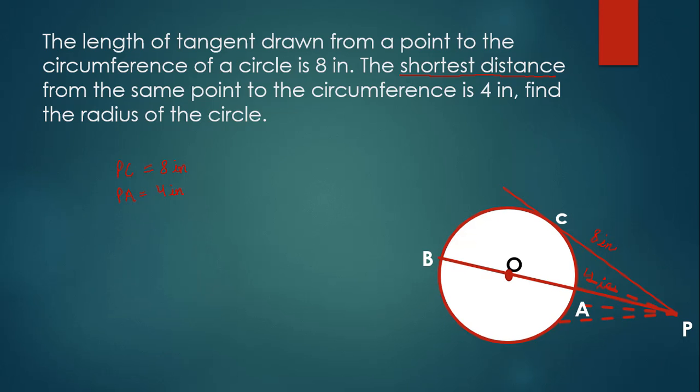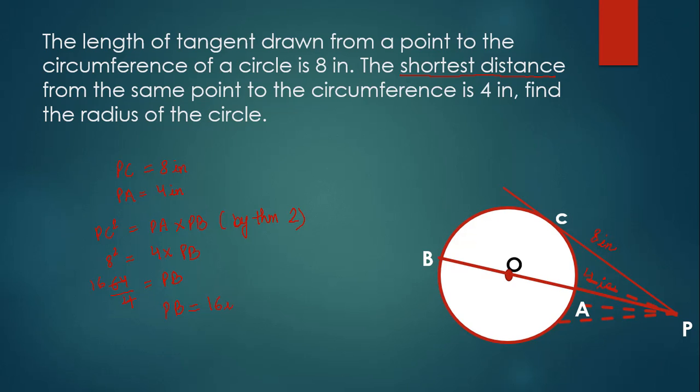As you can see, O is the center of the circle and AB is the diameter of the circle. From the previous theorem, we have PC squared is equal to PA times PB, but theorem 2 of this video. Putting the values, we get 8 squared equals 4 times PB,